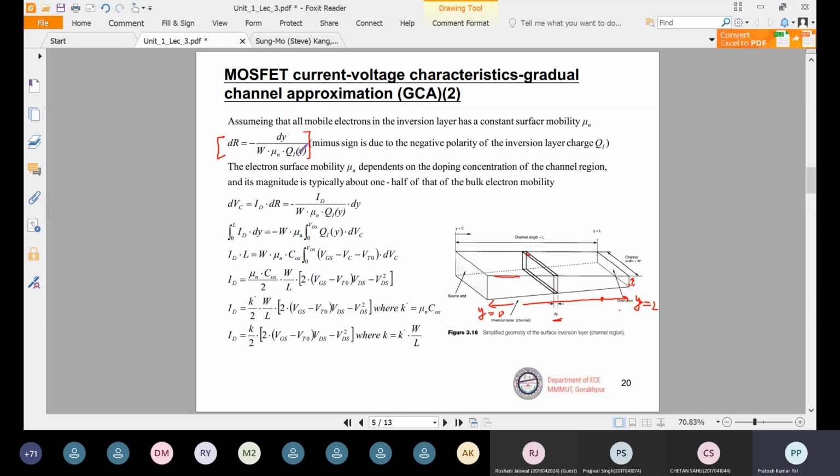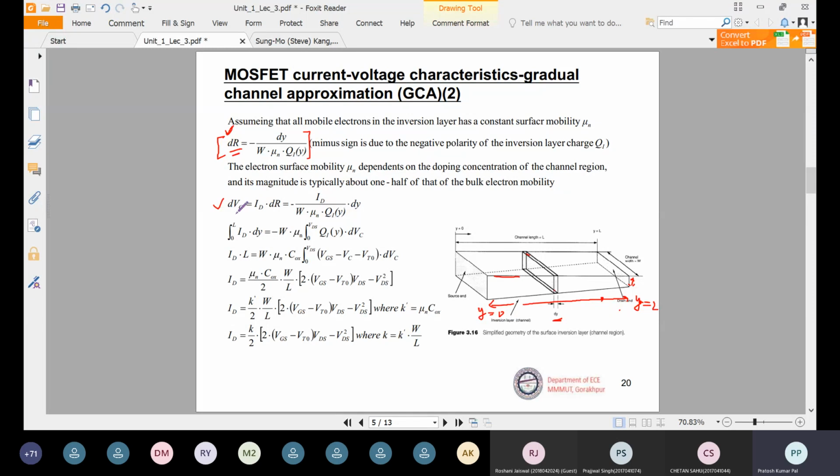Okay, so here this minus is because of this charge, because this was a negative charge, so this minus will make the resistance positive. The resistance cannot be a negative value, so it will be taking an extra negative because of this negatively charged. Okay, so once we have found the resistance, from there we can find what will be the incremental voltage.